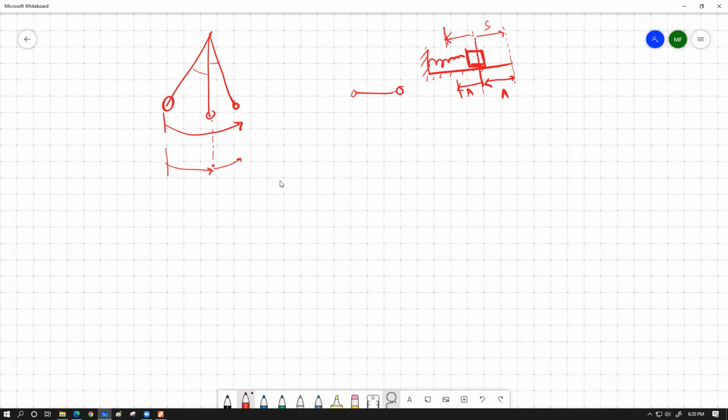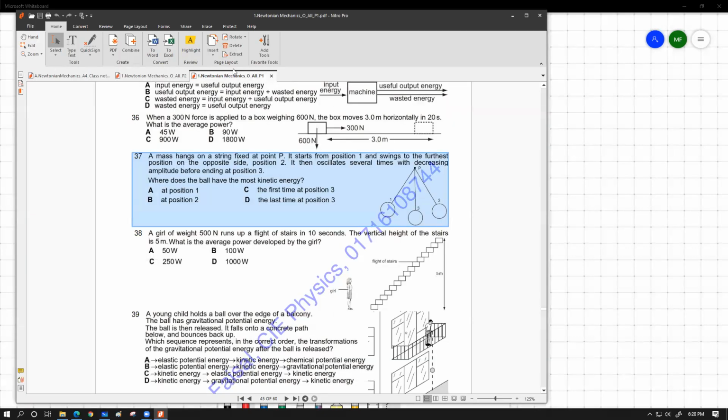এখান থেকে নামার সময় কিছু হিট লস হবে, এখানে উড়ার সময় কিছু হিট লস হবে, এন্ড আবার এখান থেকে যখন নামবে আবার কিছু হিট লস হবে, এখানে যখন উঠবে আবার কিছু হিট লস হবে। সো এই হিট লস হইতে হইতে এক সময় পুরো ইনিশিয়াল জিপিটাই খরচ হয়ে যাবে, এন্ড আলটিমেটলি দ্য অবজেক্ট কামস টু রেস্ট। সো if you understand this concept properly,